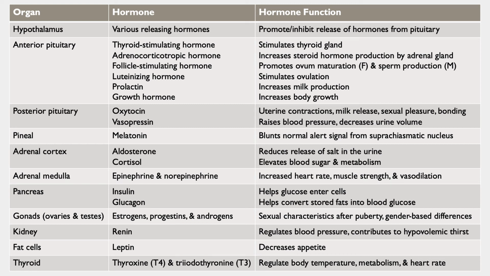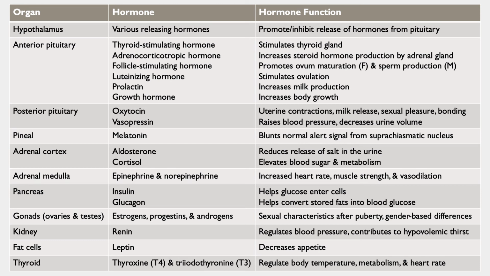Follicle-stimulating hormone promotes the maturation of the ovum in females and sperm production in males. Luteinizing hormone stimulates ovulation. Prolactin increases milk production and also has some impact on sexual functioning and breast growth. Growth hormone, just like it sounds, is the hormone that facilitates body growth until you are full grown as an